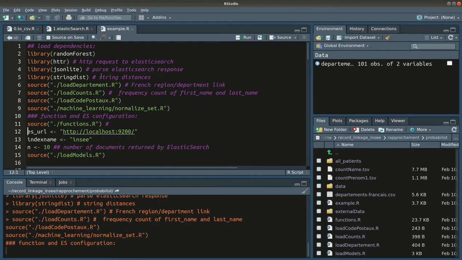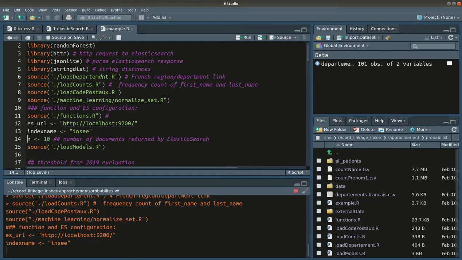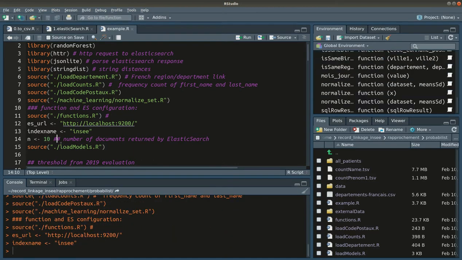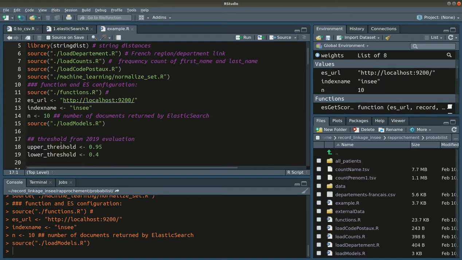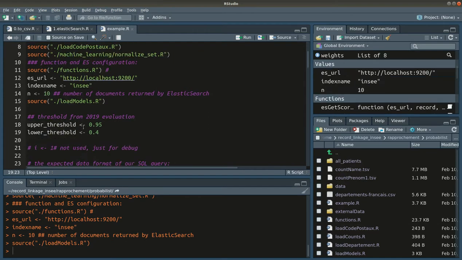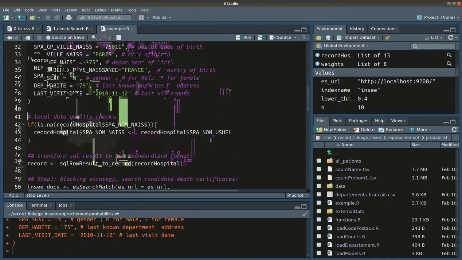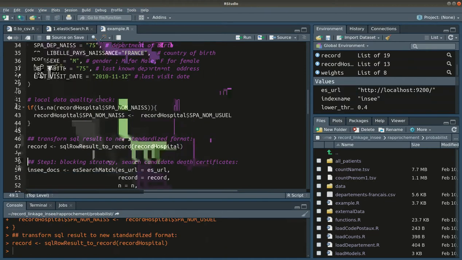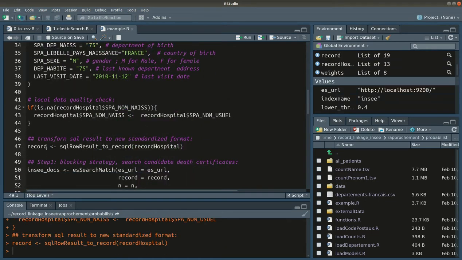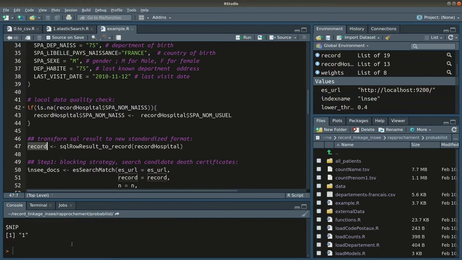So the first thing we need to do is to load dependencies. Here it's a number of documents that will be returned by Elasticsearch. These are the thresholds that were set based on the evaluation that we did at the Bordeaux hospital. So here the record is transformed,